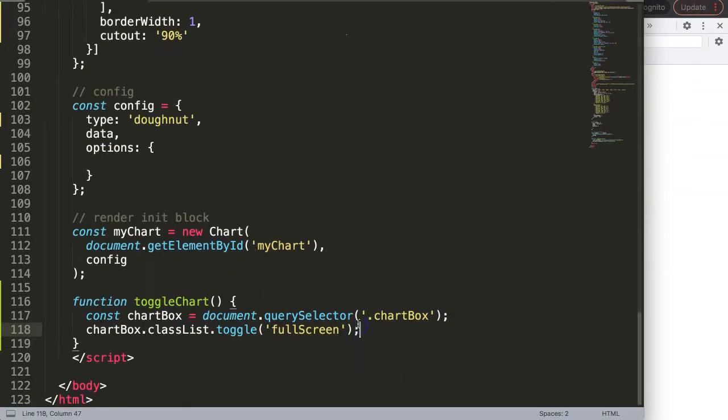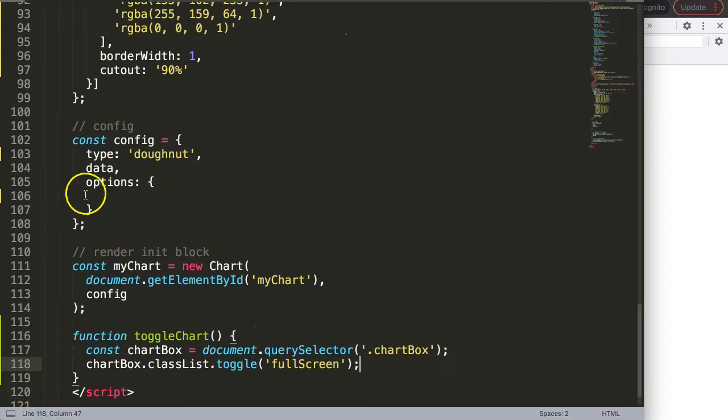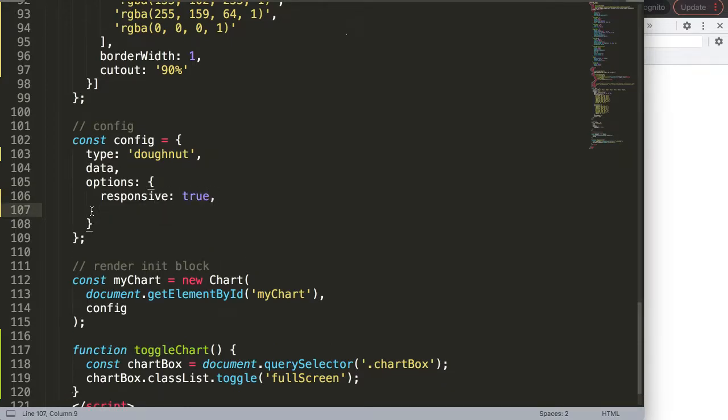So what we're going to do here now is the following. We're going to work here in the options. I'm going to put in here a specific item, and this is absolutely required. We're going to say here responsive, and this is by default, so this one you might even ignore, but that's alright. I'll just put it in there just to force it. And then we're going to say here maintain aspect